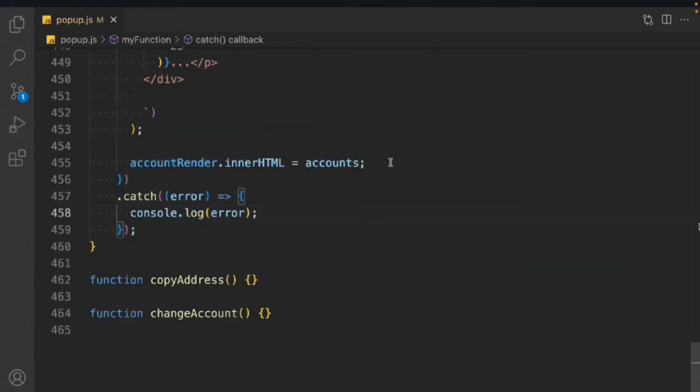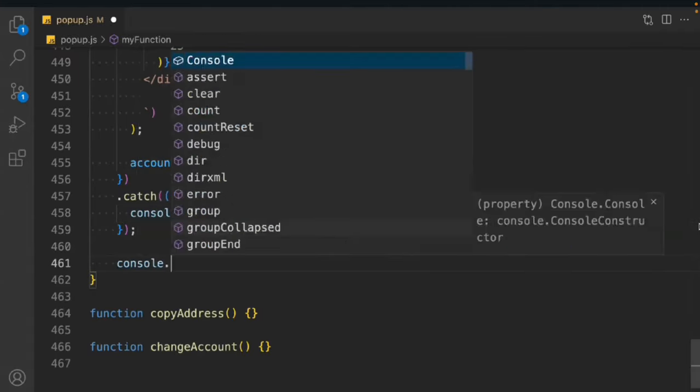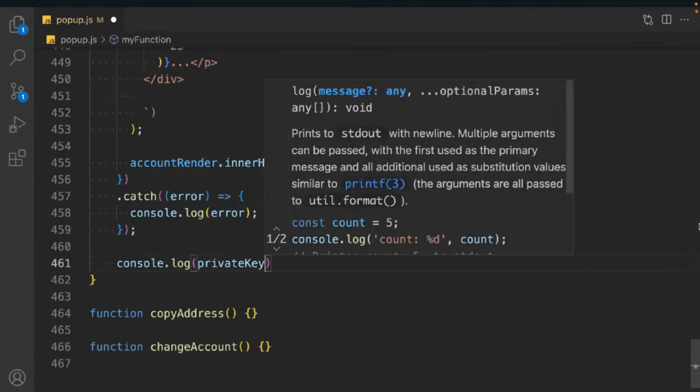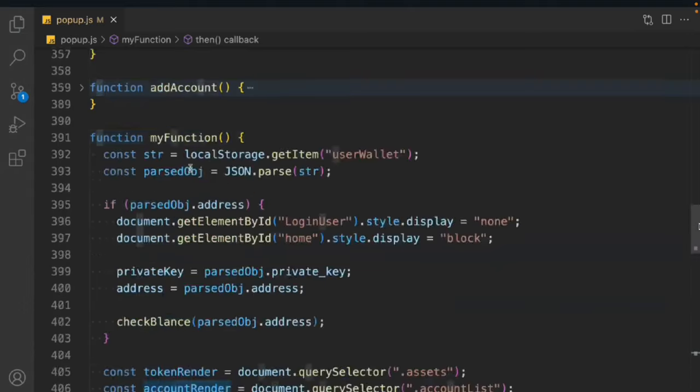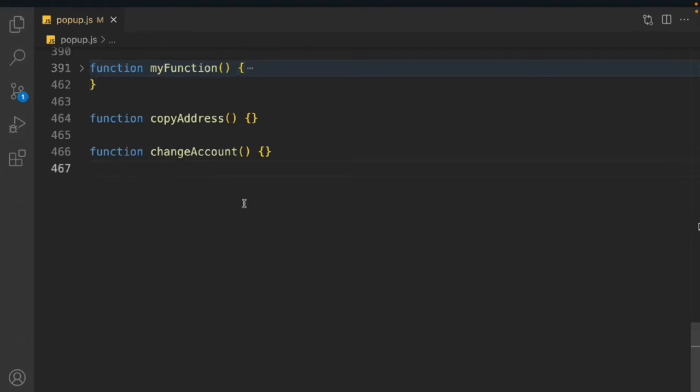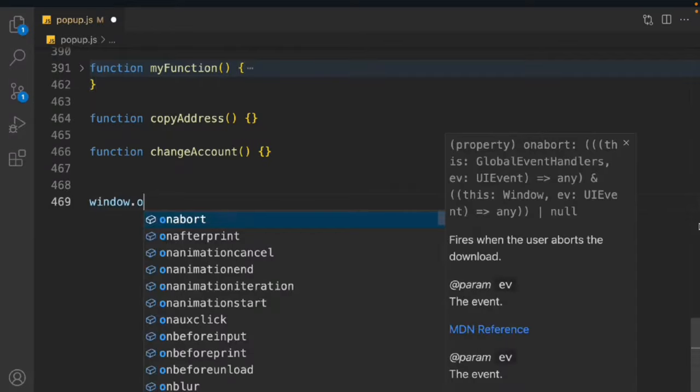Looks good. So far things are looking pretty good. We have no issues. And then we have to simply console log out the entire private key. So this will show that user is logged in. So let's close this one. So this is the entire function we have, and now we have to work on the last two functions. And I want to call this function straight away whenever someone opens the MetaMask. So this is how we can call it,